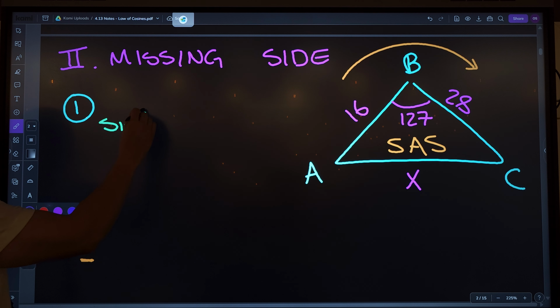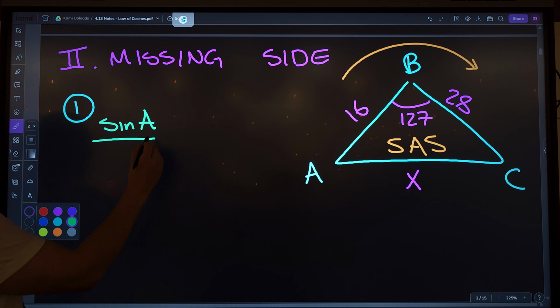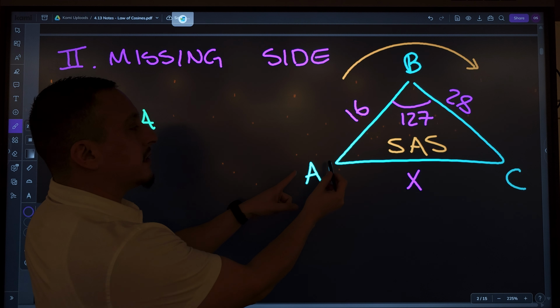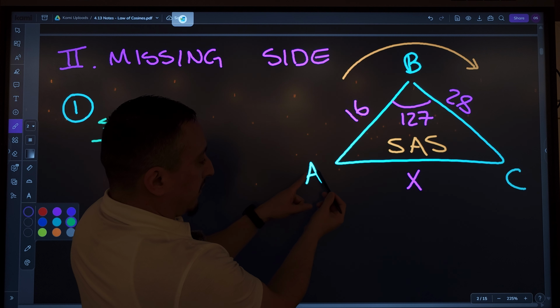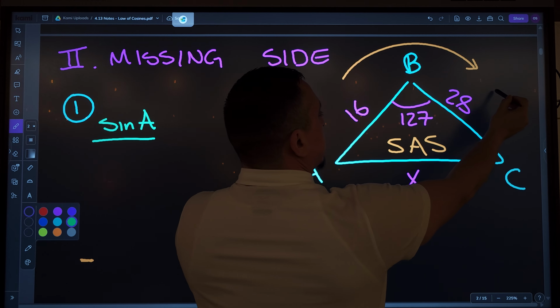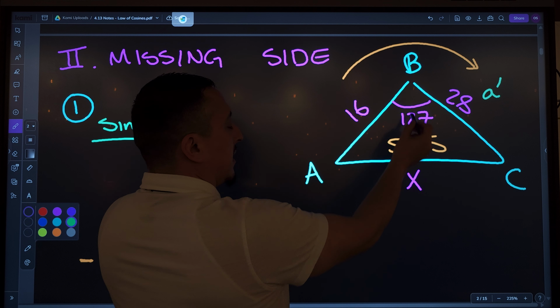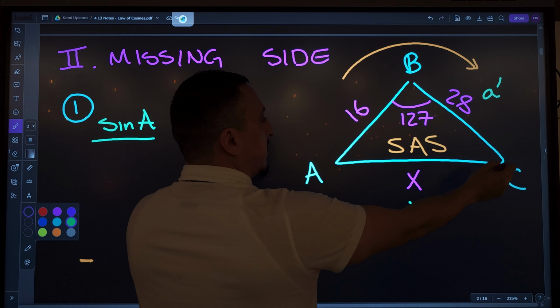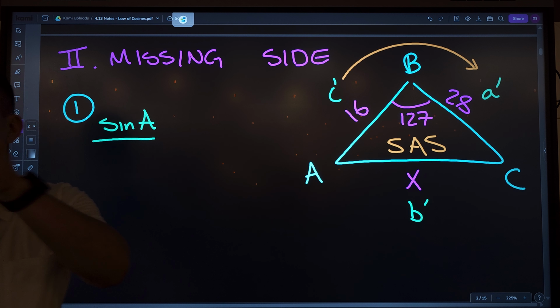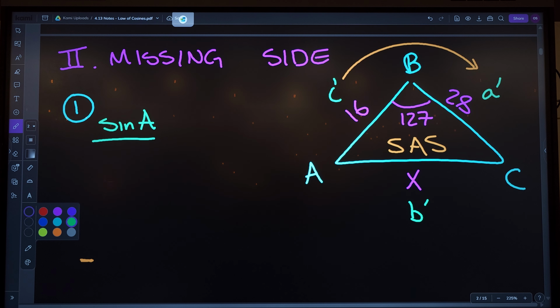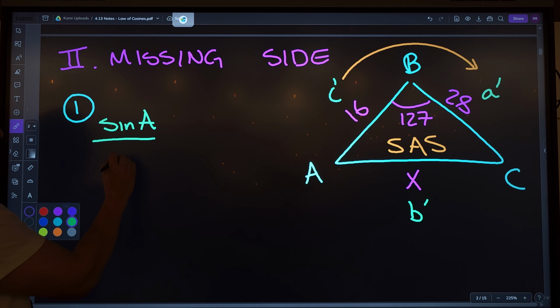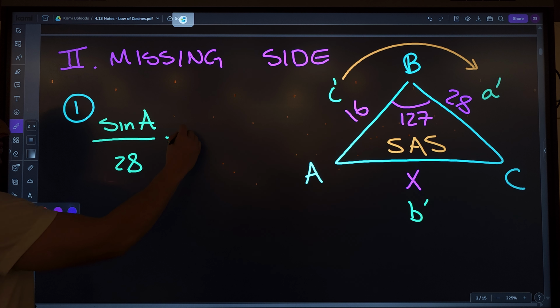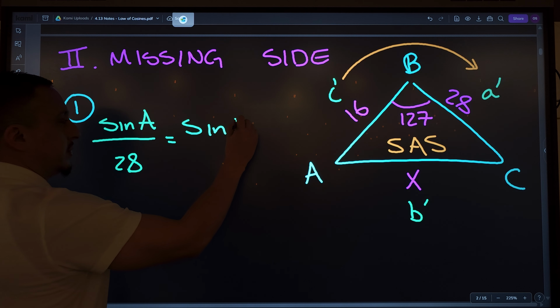Let's say you did this. Sine of A, and this is what Braden was asking. Still the same labeling. If this is angle A, this is side A. If that's angle B, this is side B. If that's angle C, this is side C. Same as law of sines. Okay. The side across from the angle is the same name as the angle. So side A goes over 28. And then I'm solving for B, so sine of 127